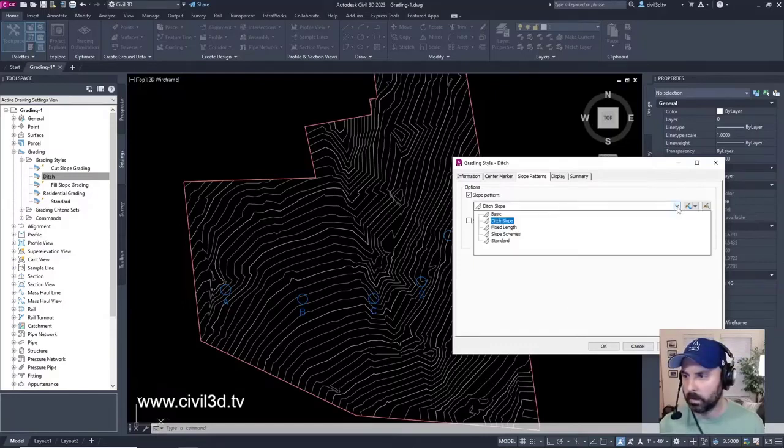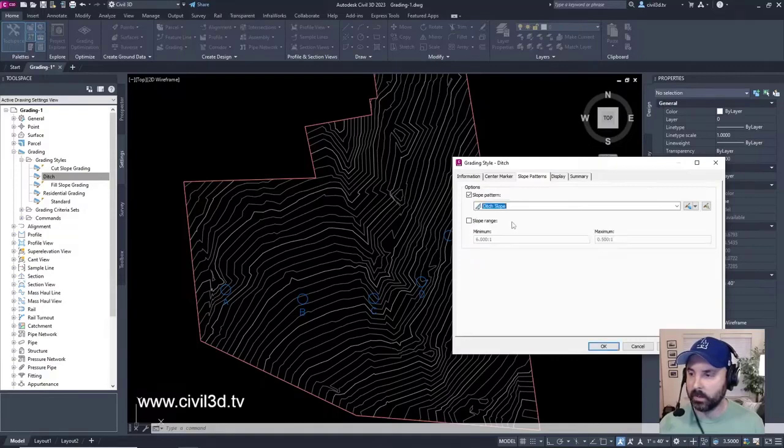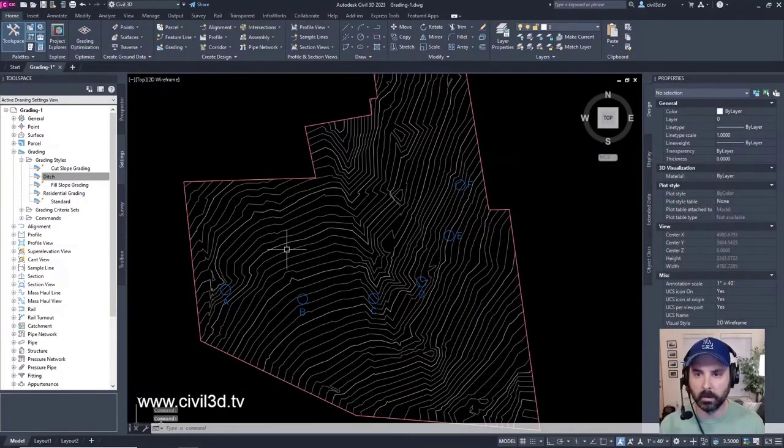So now, rather than the slope pattern being on basic, it's got that modified slope pattern that we just put in, which is ditch slope. And that's going to be associated with our ditch grading style. And click OK.